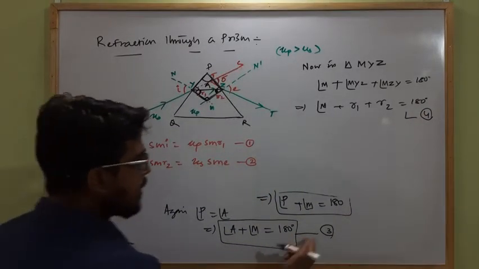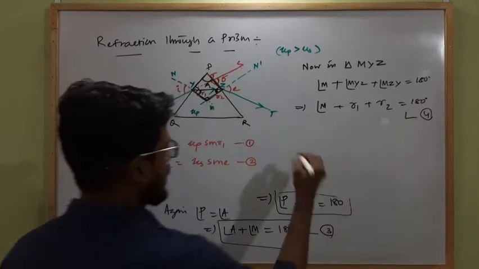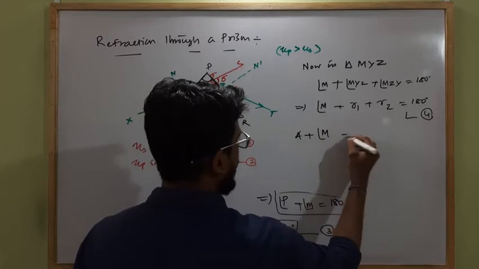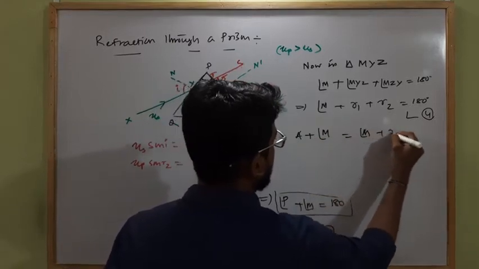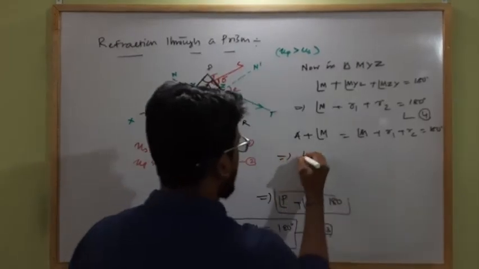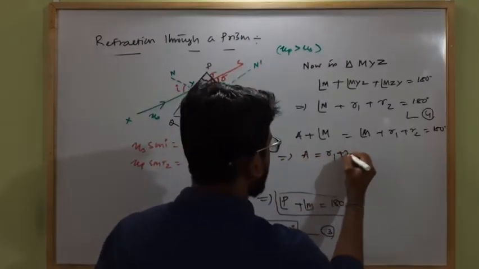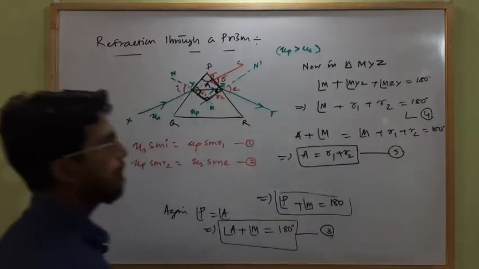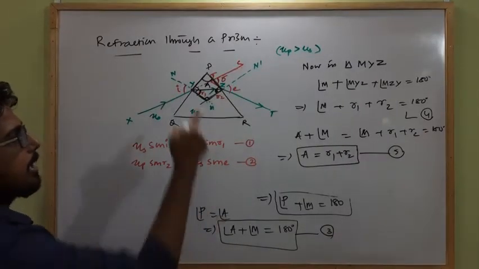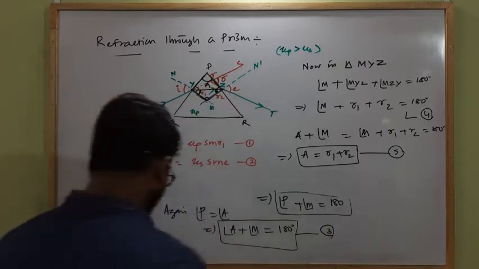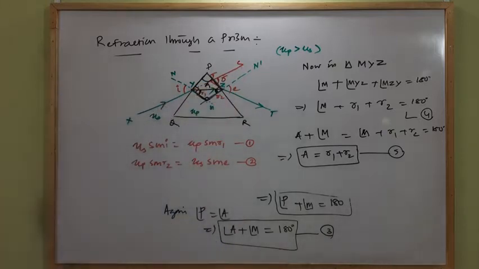So from 3 and 4 we will get what? Angle A plus M equal to angle M plus R1 plus R2 equal to 180. So this implies you will get A equal to R1 plus R2. Clear? Let it be equation 5. So angle of prism A equal to R1 plus R2. Clear? Now